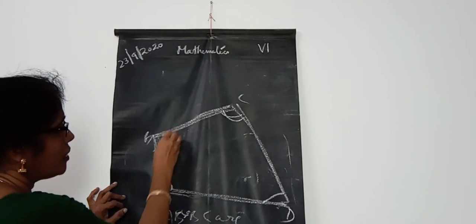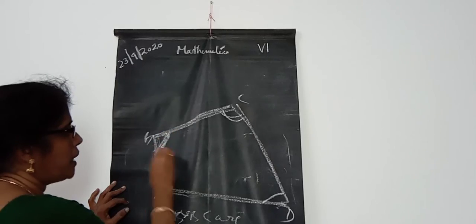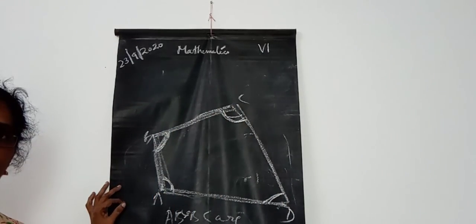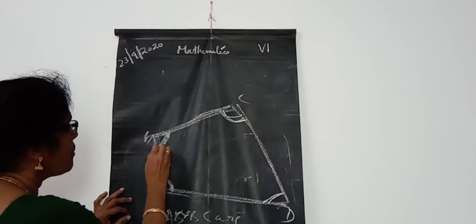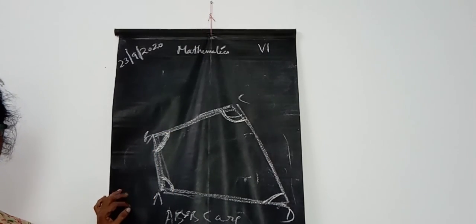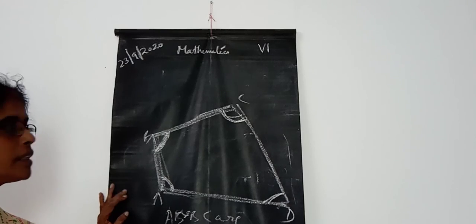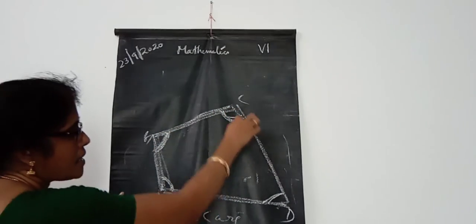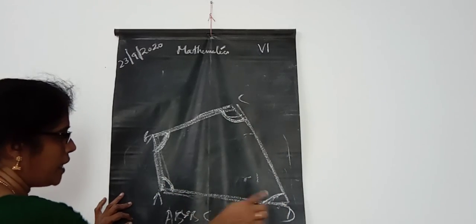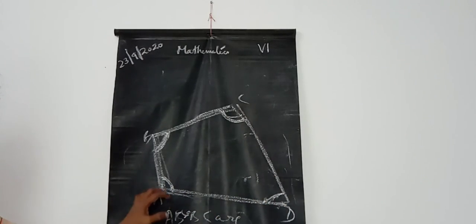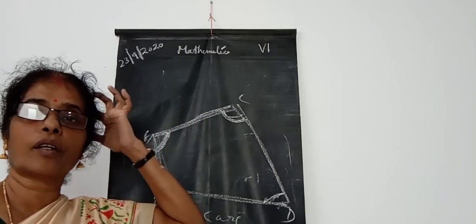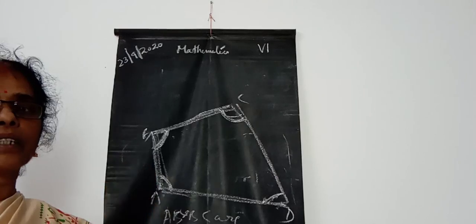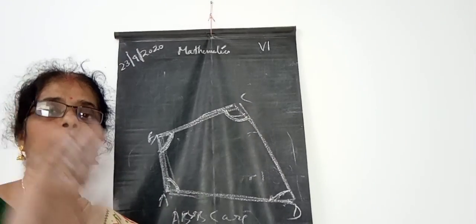But this is very easy, isn't it? B and D are opposite angles, and C and A are also opposite angles. But A and B are adjacent vertices or adjacent angles, and B and C are also adjacent vertices, and C and D, D and A are adjacent, nearby sides and nearby angles. Okay, because they have a common endpoint, that is why they are adjacent vertices and adjacent sides. Okay, bye children.